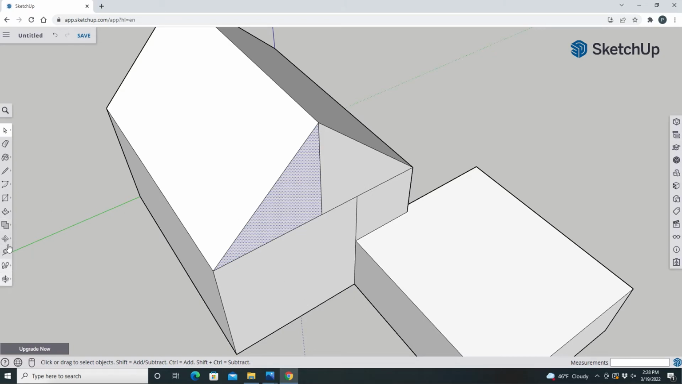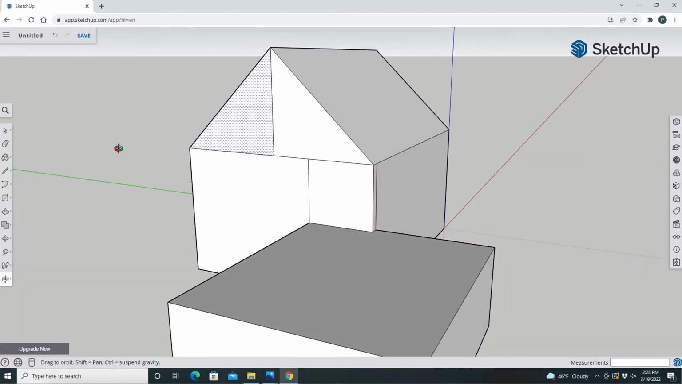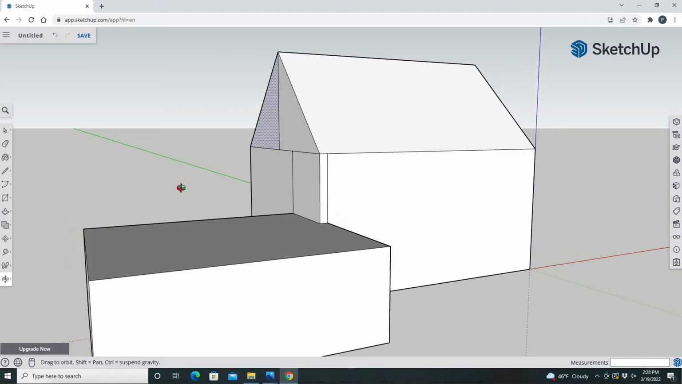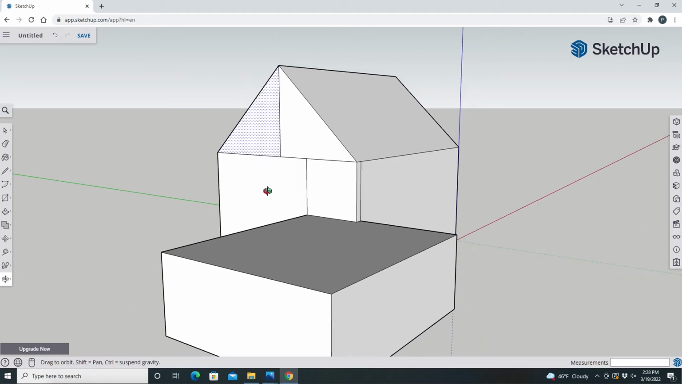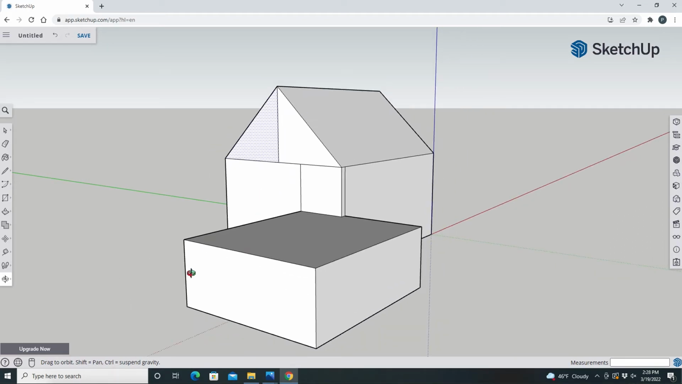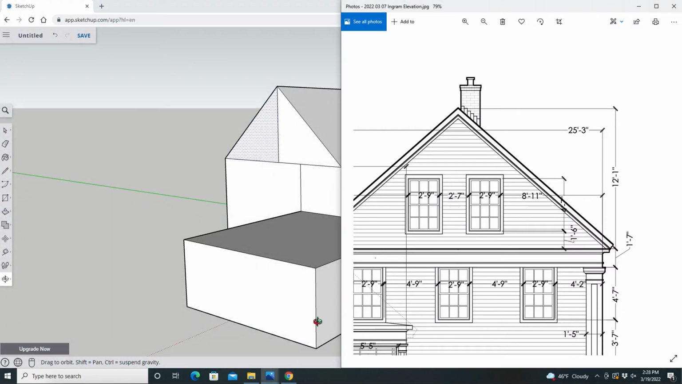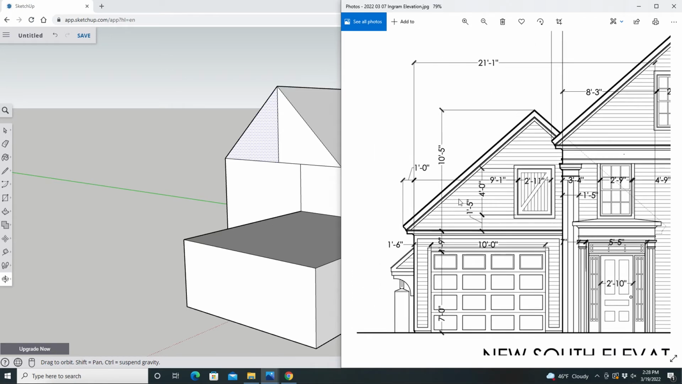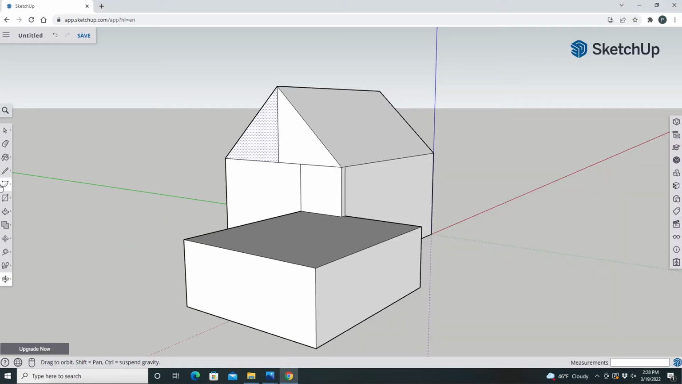I'm going to then move on and do the back of the building. Now I'm going to start at this end because this end's all chopped up because the other building butts into it. I go back to my elevations to see how high the roof is. In this case, the roof on the garage is 10'5". I draw a line from the center,